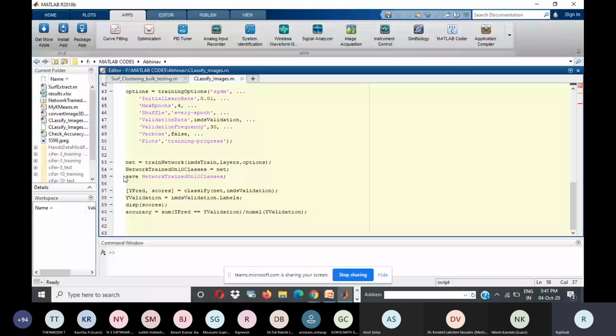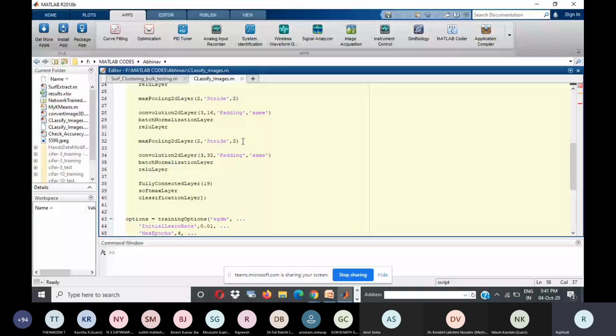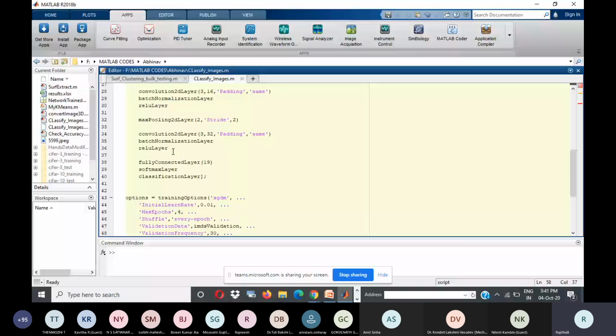Okay, in this small example itself, we have 3 layers in the first block, followed by 3 layers here, and then followed by 3 layers. So it is going to take huge time, and there is a huge data set also. So it takes more than 1 hour to complete on my machine, unless it is GPU based. Okay, so that is why I'm not running it, but this is how you can run your own models on any data set.